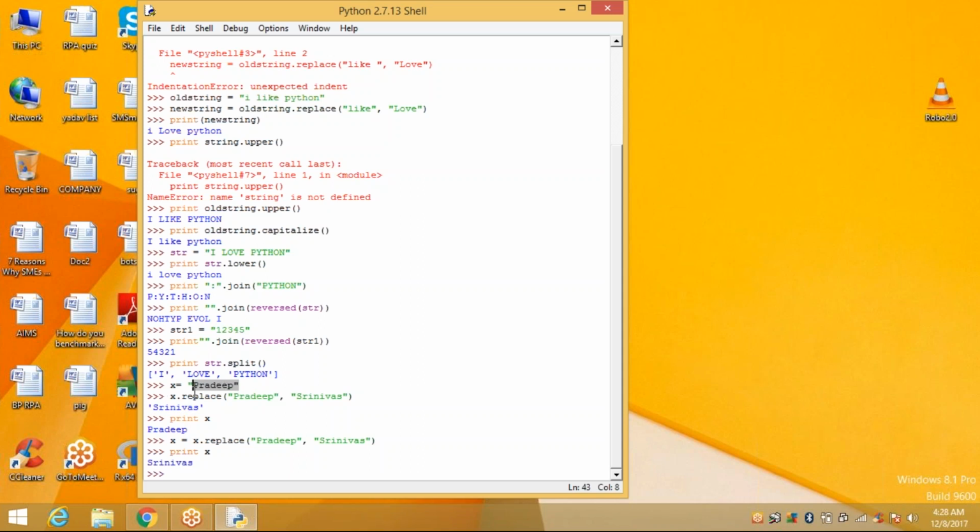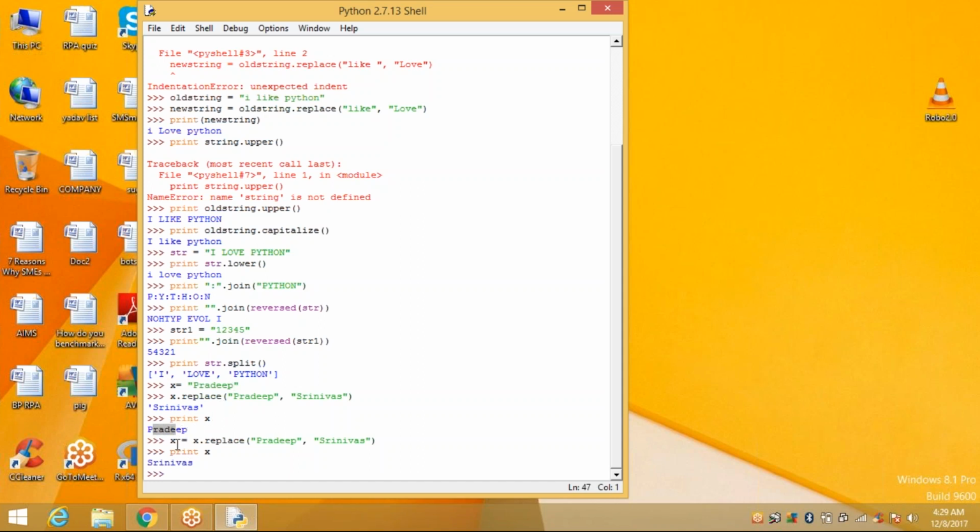X contains Pradeep. Pradeep is assigned to X, which is stored in the memory of X. When I apply the replace method, X dot replace Pradeep Srinivas, Pradeep is replaced by Srinivas, but when I display X, it displays only what the memory of X contains, Pradeep only.